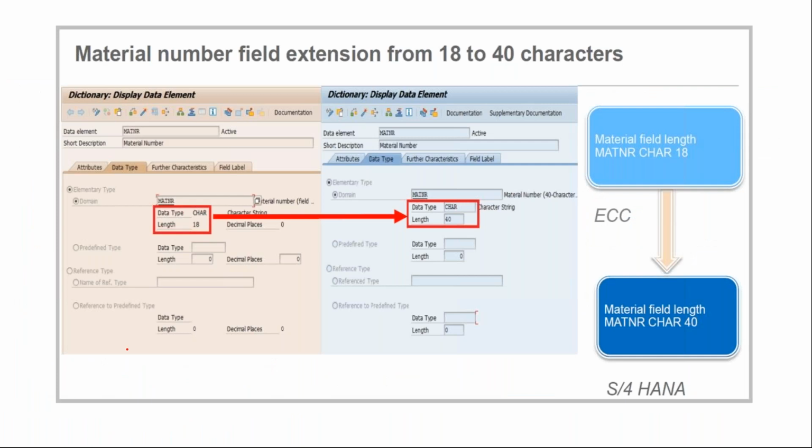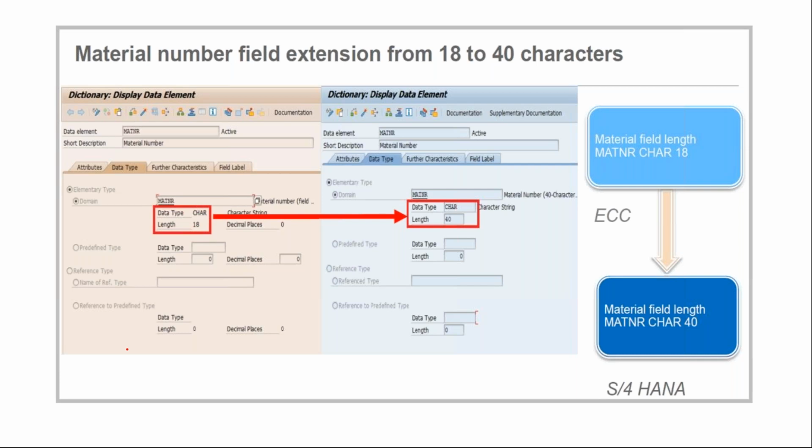Okay. Then one more change which has come in is that previously any particular material number would have 18 characters, right? Now from 18 characters, it has been enhanced to 40 characters, because all your BAPIs have been aligned, and all your table level changes have been accommodated from 18 characters to 40 characters. Wherever there is a material being carried forward in a BAPI, it has been realigned from 18 to 40 characters.